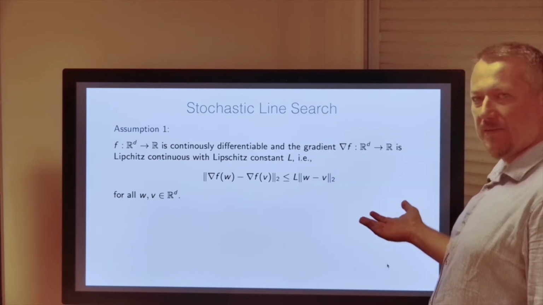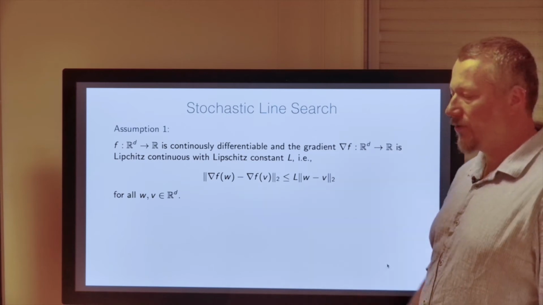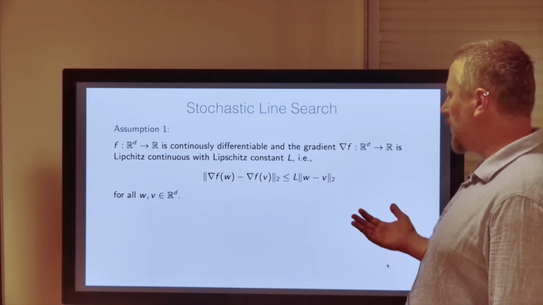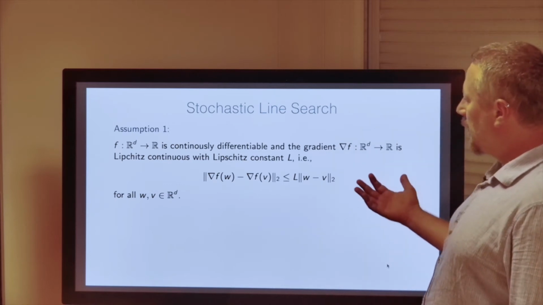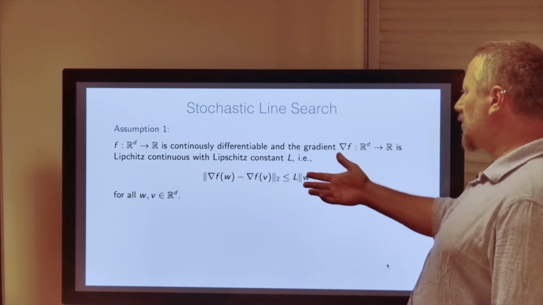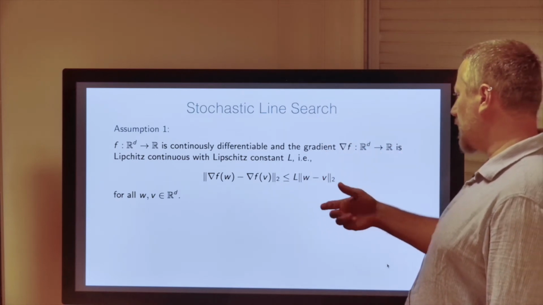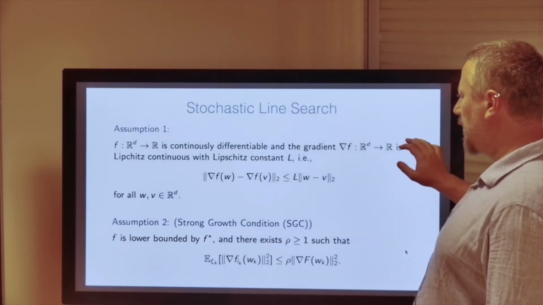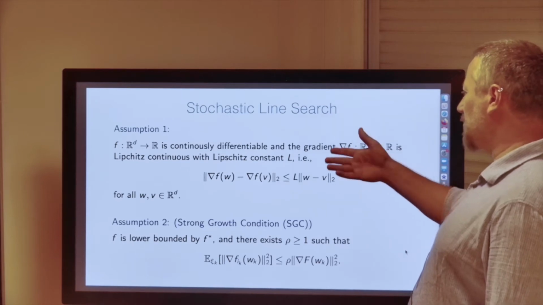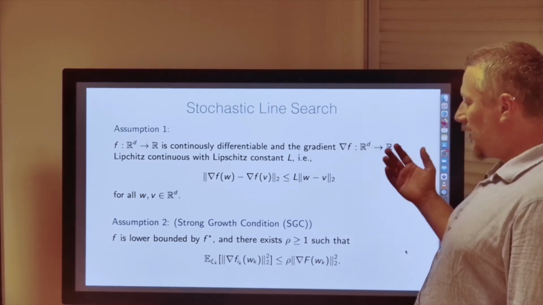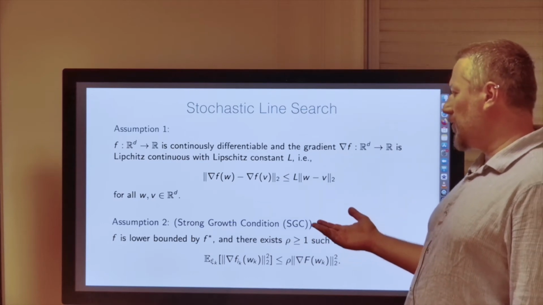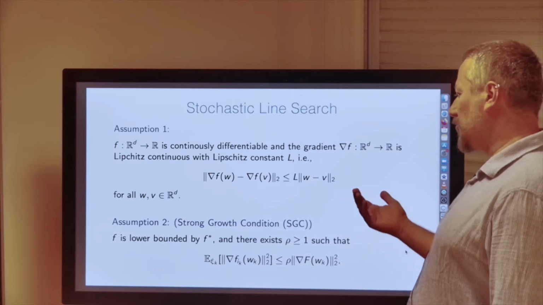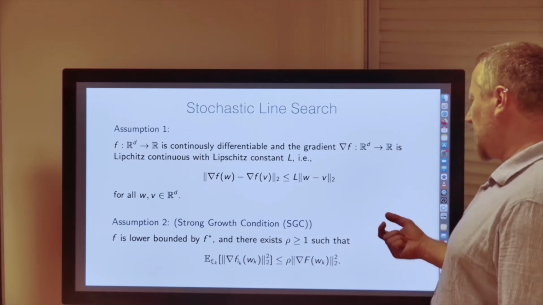If you want to prove that this algorithm works and converges to a point, a minima, at least a stationary point, what you need is the continuous differentiability of the objective function, and you assume that it's Lipschitz continuous with the Lipschitz constant L. And then in this paper, the authors also assume a second assumption which is called the strong growth condition, which says,